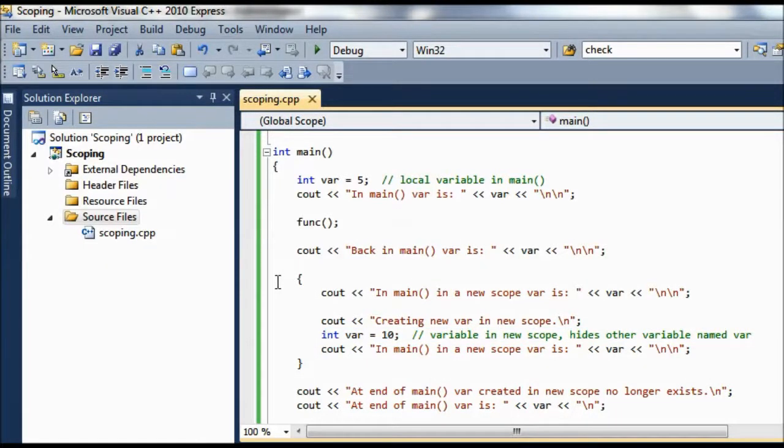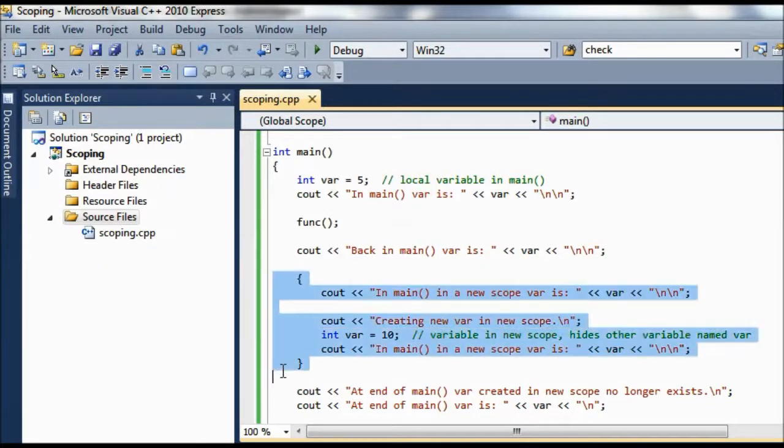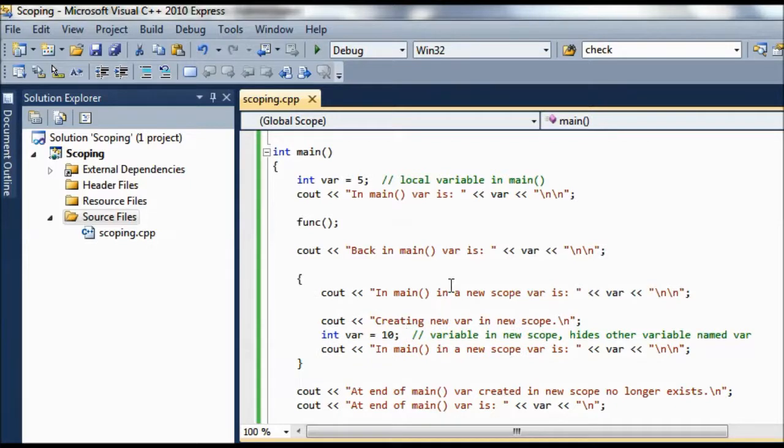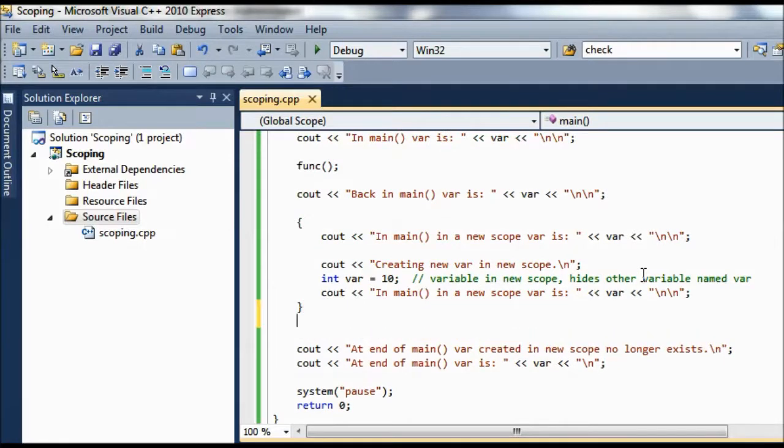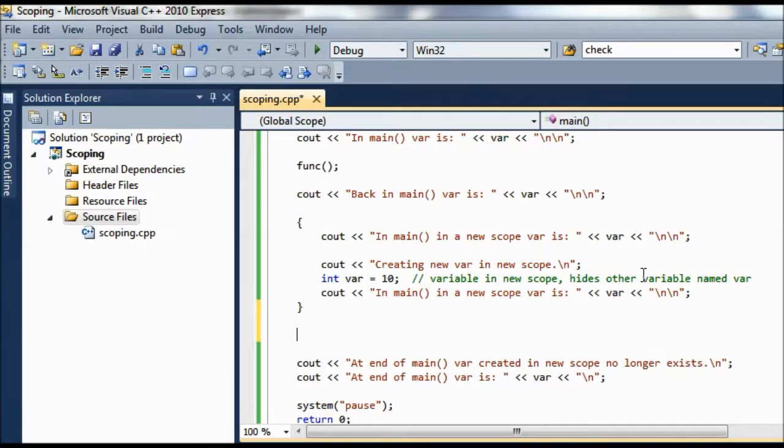So I guess they just threw this in as a demo. What's important to understand here is not so much nested scopes like this. You really don't see people just randomly making a block for no reason. But you do have nested scopes, for example, inside